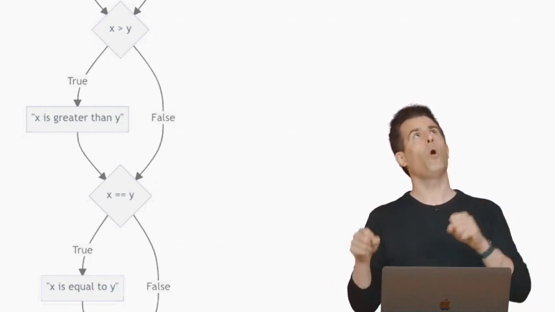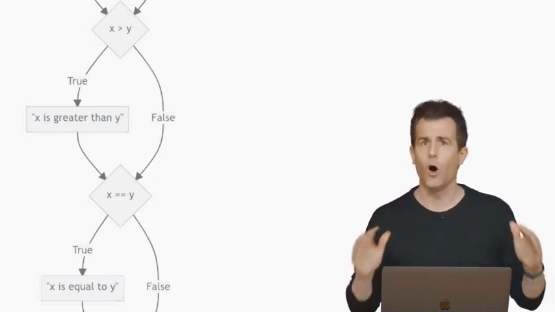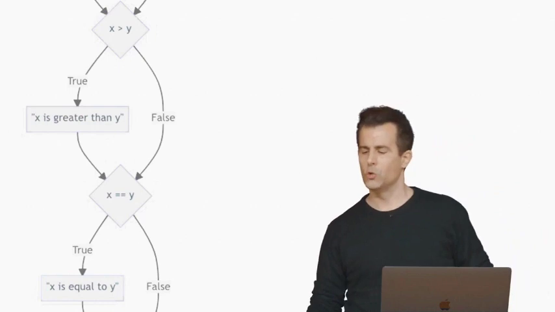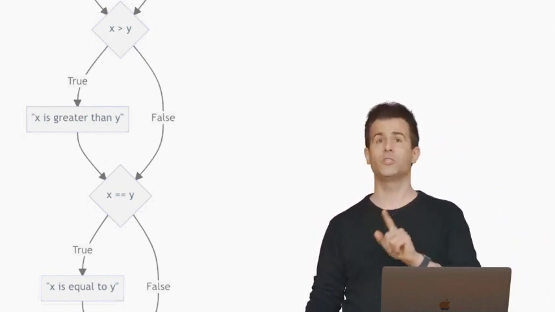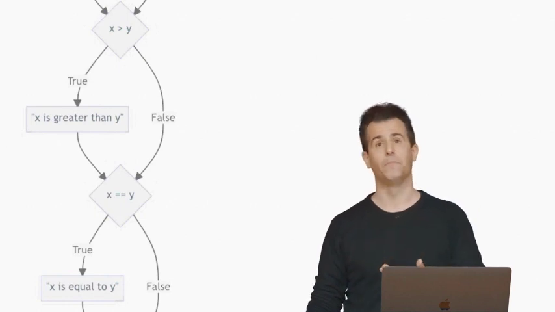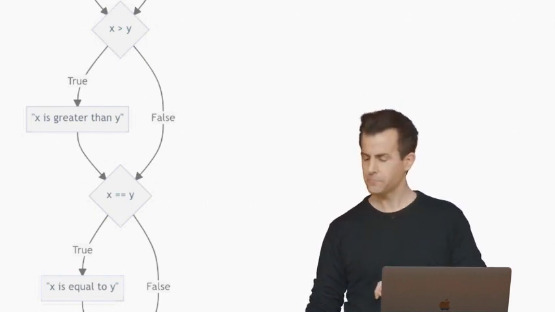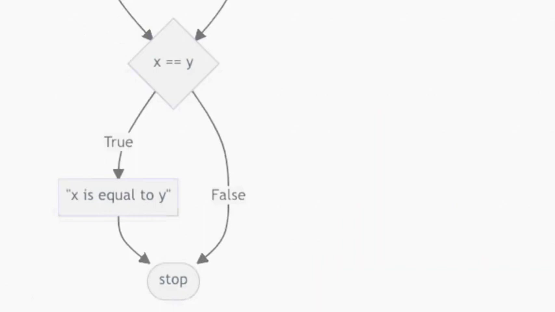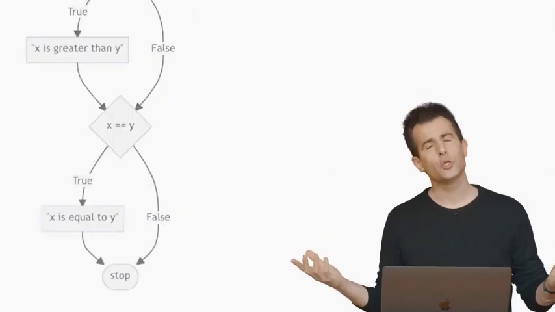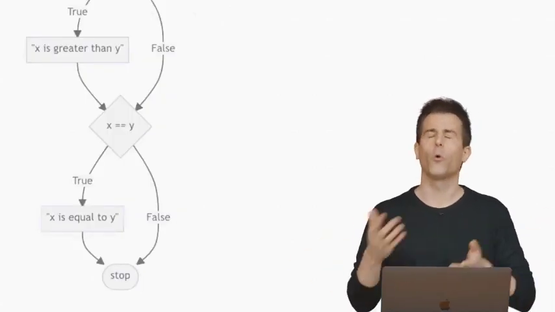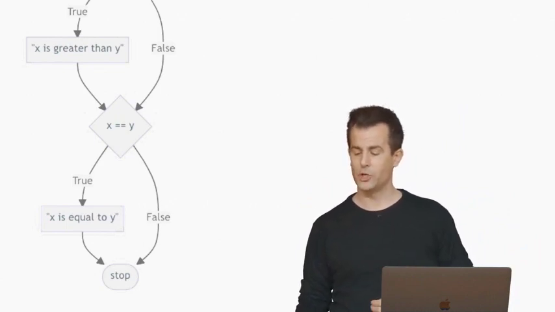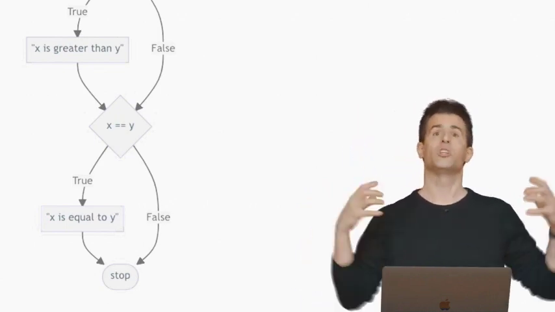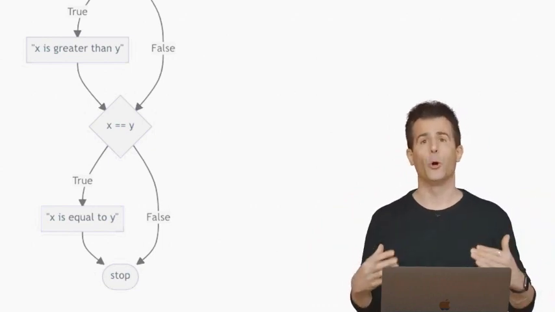But if x is 1 and y is 2, then no, the answer is false. 1 is not greater than y. So logically, in the flowchart, you follow the false arrow this time. Along that false arrow, you don't print anything this time. That's why we only saw one print out on the screen. Now, there was still a third question, and this flowchart captures that as well. The third diamond asks x equals y. That too has a false answer in this case, because 1, of course, does not equal y. So we again follow the third false branch here. That leads us, of course, to stop. Stop just indicates that's it for the program.